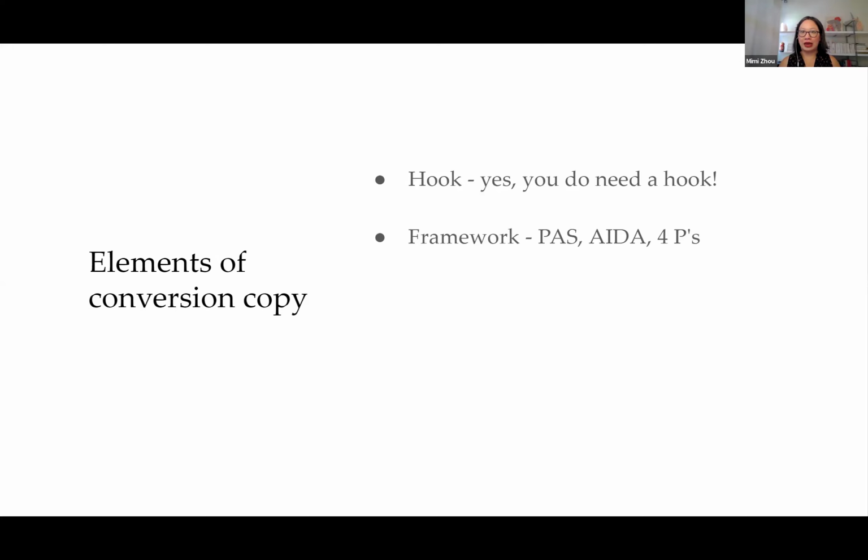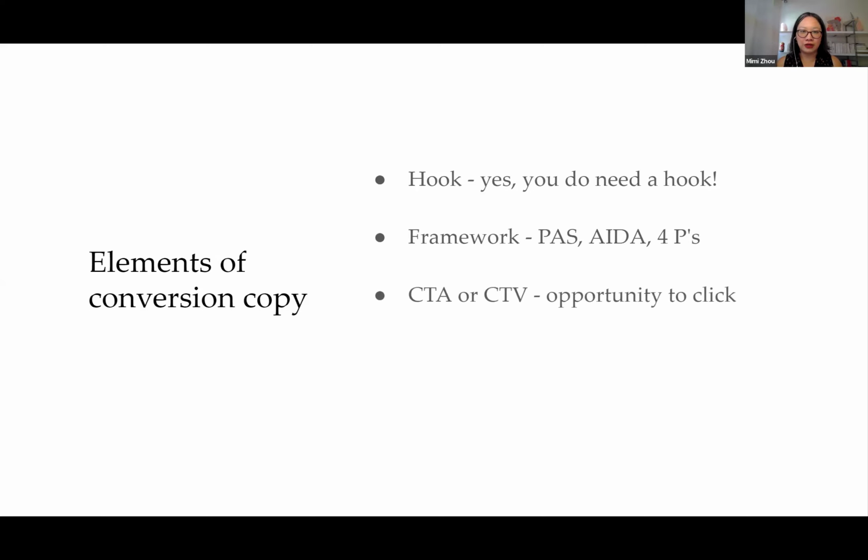You can also use the AIDA framework, Attention, Interest, Desire, Action. If you ever read copy and it makes you feel kind of good, it's probably following the AIDA framework because that is more desire led and fun stuff. If you read copy and you feel a little bit bad, it probably follows PAS because that is pain led. You start with the problem. So definitely look out for these when you are reading copy. And finally, another framework I like is the 4Ps, which stands for Picture, Promise, Proof, Push. You would organize your information in that order, and I do have an example for you.